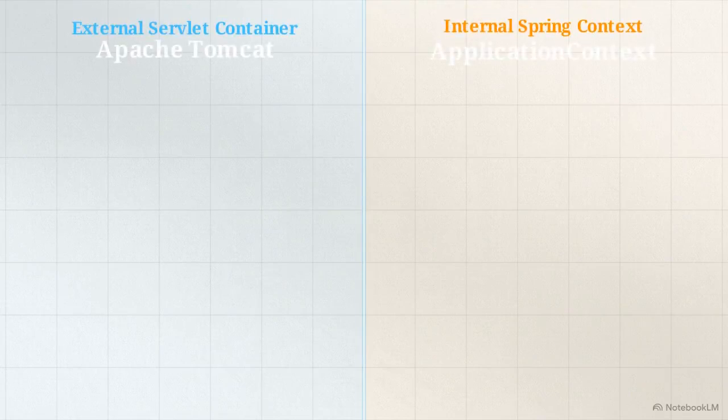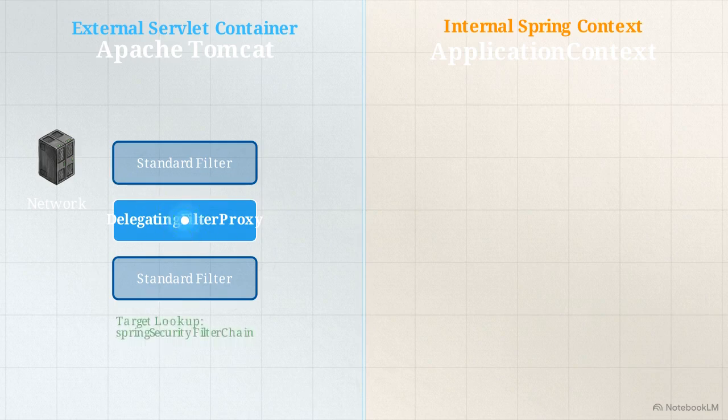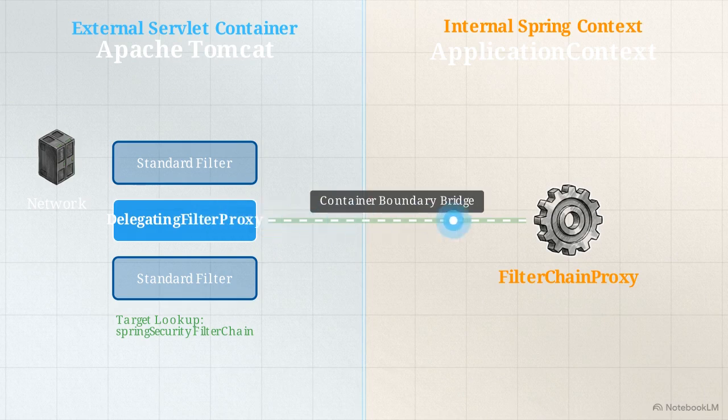This diagram illustrates the physical separation at your backend's core. Apache Tomcat operates entirely outside the Spring application context. To bridge them, Spring inserts a standard Servlet component named DelegatingFilterProxy into the external container. This component contains absolutely no security logic. When network traffic hits the server, this proxy intercepts the execution stream and performs an internal target name lookup. It then routes the raw data stream directly across the container boundary and passes execution control into a Spring-managed component